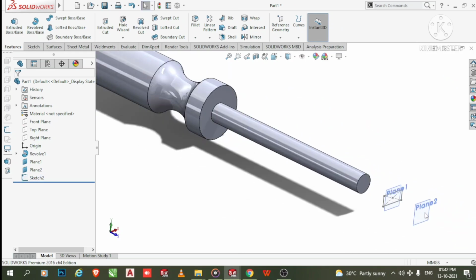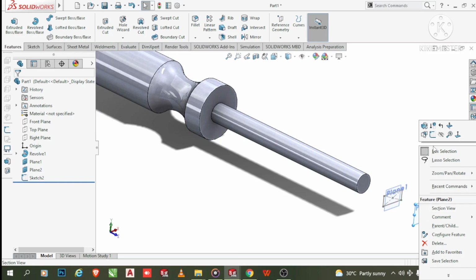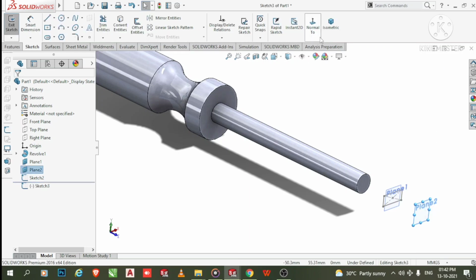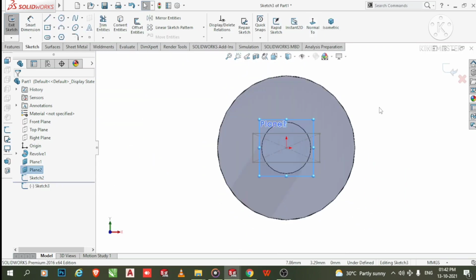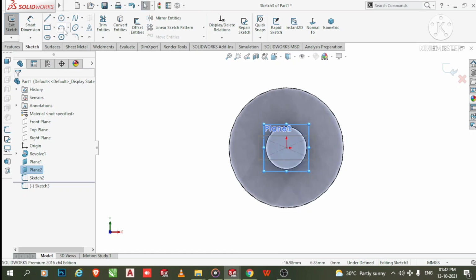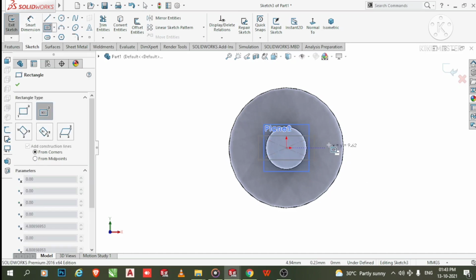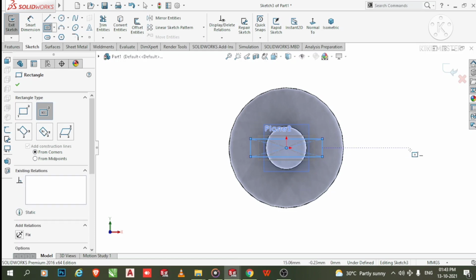Again we select this plane to right click sketch, normal, and here we also create the sketch. So select this center rectangle, and we create from this point up to here.